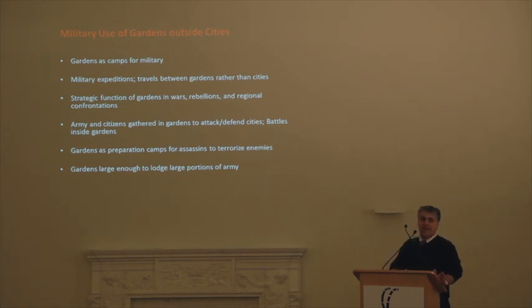And for instance, we have Marco Polo, which talks about some of these gardens that were used as places for preparation of assassins who were being sent to different parts of the empire to kill their enemies. And it's very interesting that he refers to them as paradise gardens